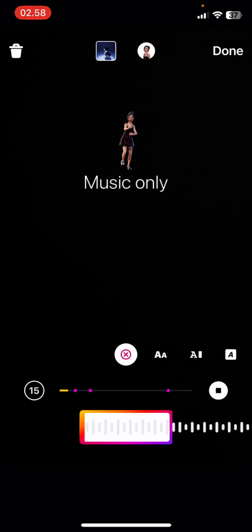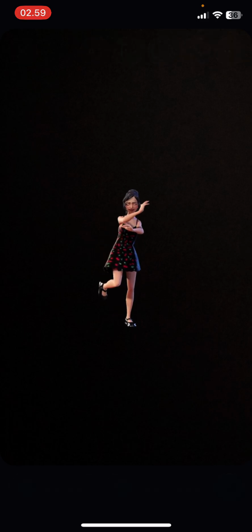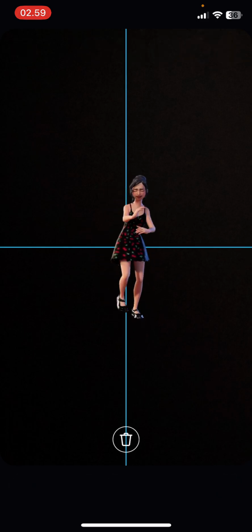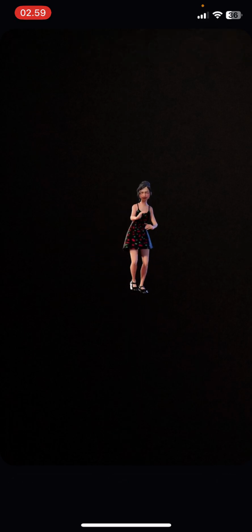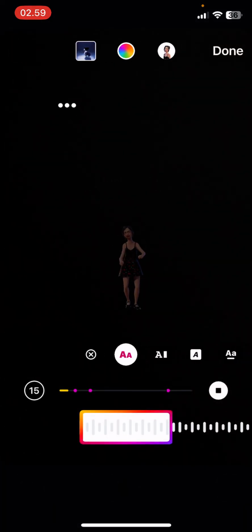And I think the music will only show your avatar dancing on Instagram. You can't really zoom in too much on your avatar. As you can see, this is the biggest it could be, but you can again change your avatar by pressing on it, if it will let me. Here,